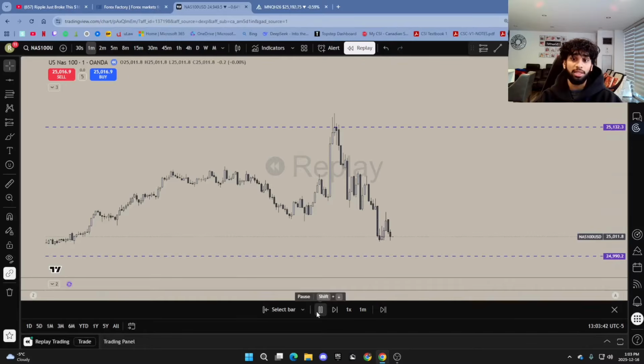Another key thing for pin bars as well is when you see a pin bar in the middle of a trend. In the middle of a trend is something that I would also take. So for example, even though we're in a bearish trend right now, we got a bearish pin bar right here. So a pin bar in the middle of a trend just signifies continuation of that trend, depending on the shape